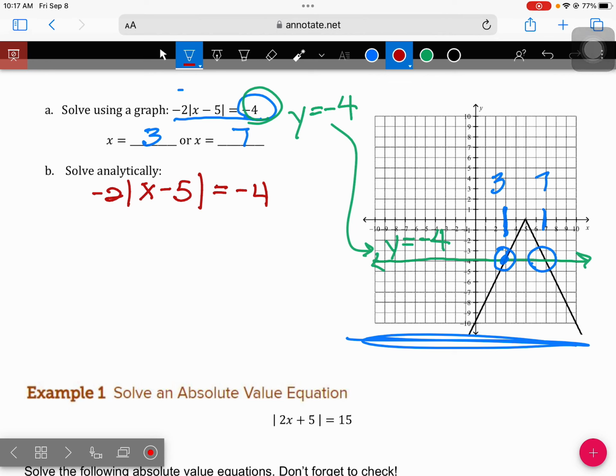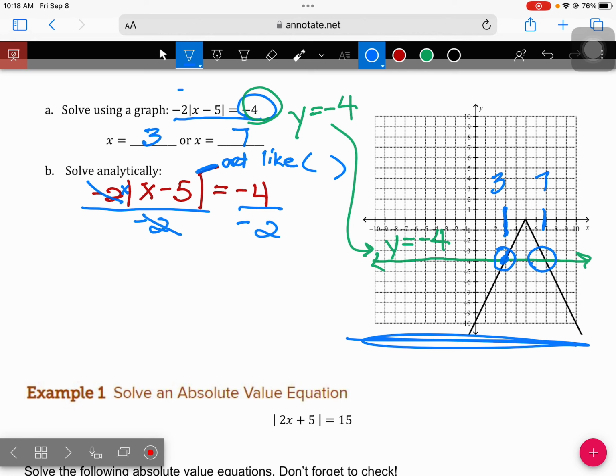So this absolute value acts as a parenthesis. So these act like parentheses. So we're saying -2 times that equals -4, but we're not going to distribute. You don't distribute with absolute values. It is being multiplied, so I'm going to undo that multiplication by dividing by -2. Dividing by -2. -2's cancel out, and I'm left with the absolute value of x minus 5